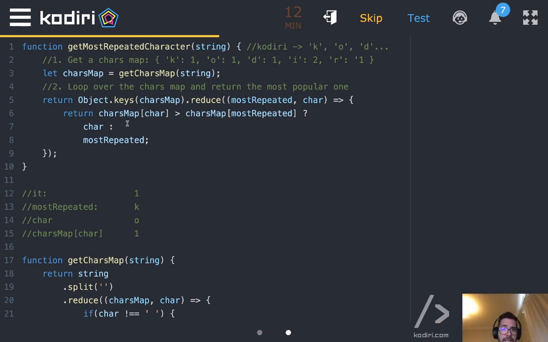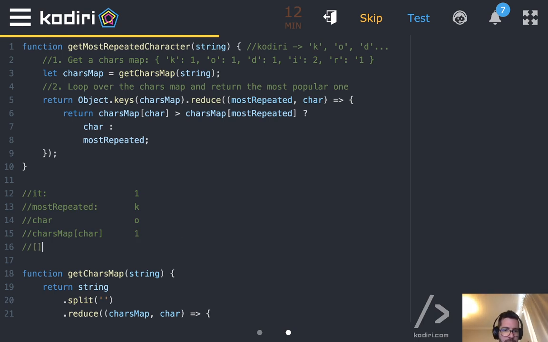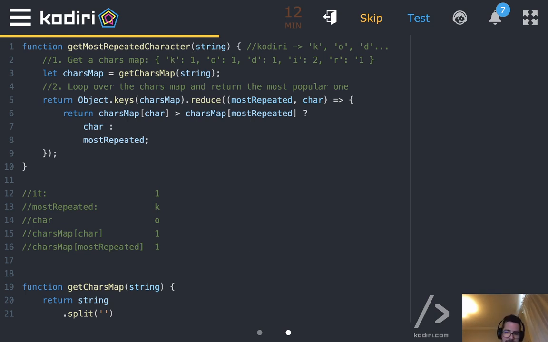That's correct, because charactersMap of O is 1. So yeah, charactersMap returns 1. And now, Ian, what is charactersMap of mostRepeated? It's 1, right? It's the same thing. MostRepeated is the K, so it's 1. And now the question for Dan. What do we return on the first iteration?